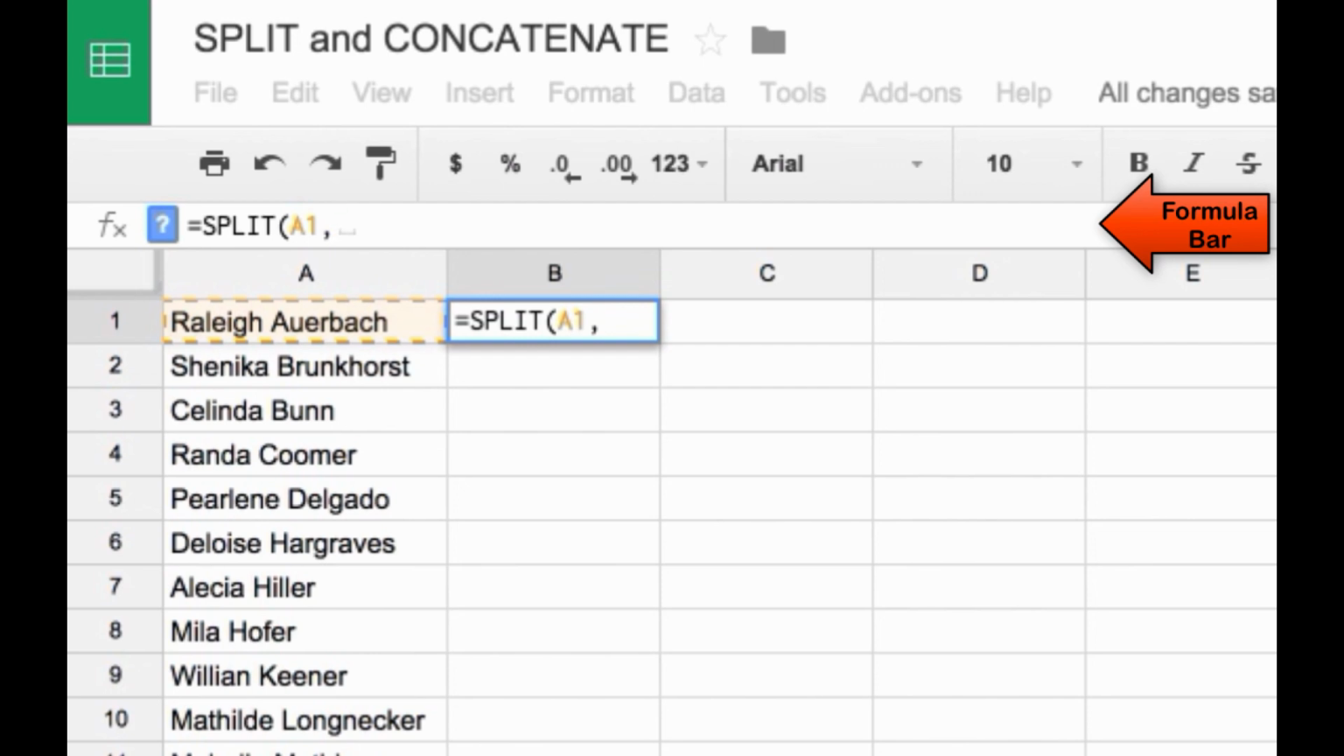So I'm going to use a space in this case. So I'm going to put a quote mark. I'm going to type in a space and close the quote. Now I have to close my parentheses. And so when I click return, what's going to happen is each one of those names is going to go